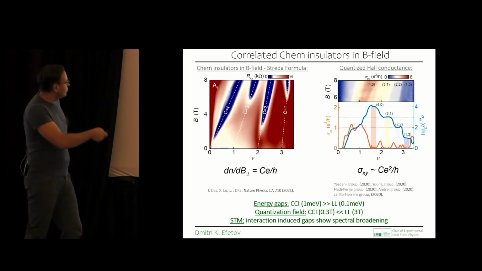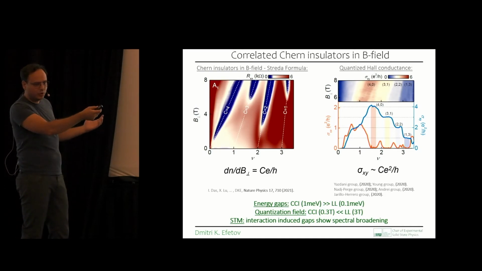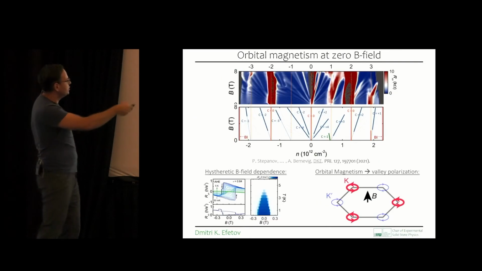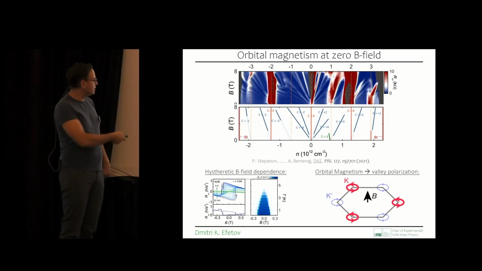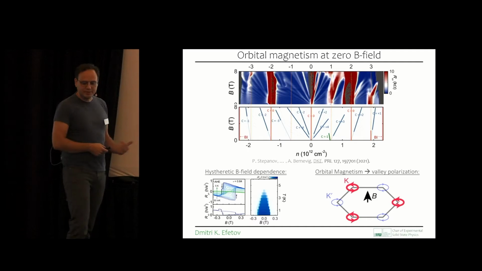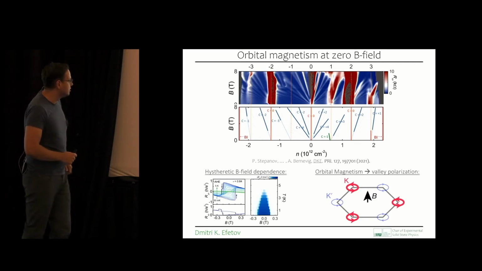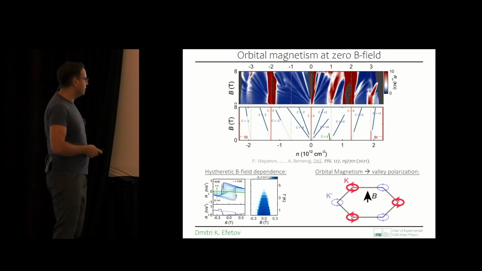And as you already see, some of these states actually persist to very low magnetic fields, where quantum Hall quantization would not explain it. So indeed, in some devices, here, one of the devices, we really could trace some of these states to 0 field. And this is exactly when we started observing these magnetic states. These magnetic states, we really understand them as 0 field Chern insulators. So those are basically Chern insulators with topological edge states with a magnetized bulk, which exists at 0 magnetic field just because of symmetry breaking.